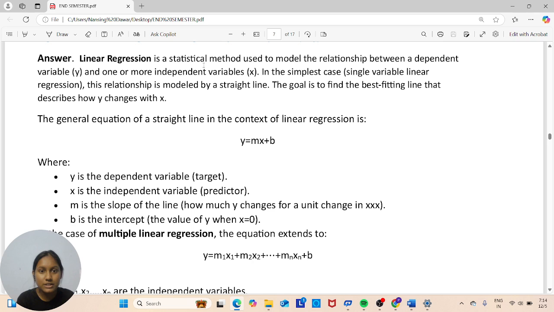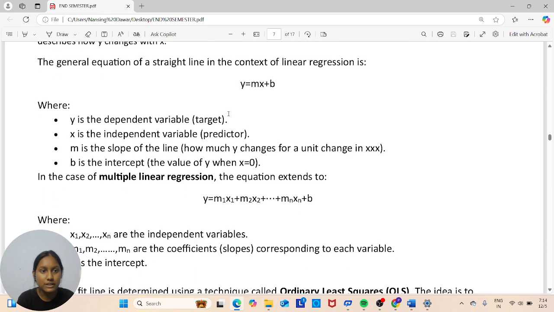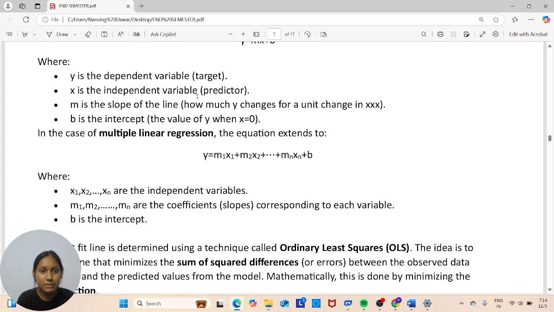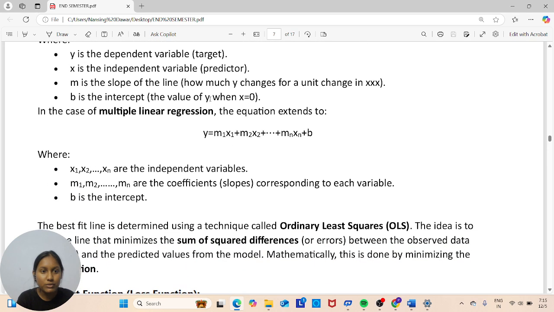Linear regression is a statistical method used to model the relationship between a dependent variable y and one or more independent variable x. The simplest case of this relationship is modeled by a straight line. The goal is to find the best fitting line that describes how y changes with x. The general equation of a straight line in the context of linear regression is y equal to mx plus b, where y is the dependent variable, x is the independent variable, m is the slope of line, and b is